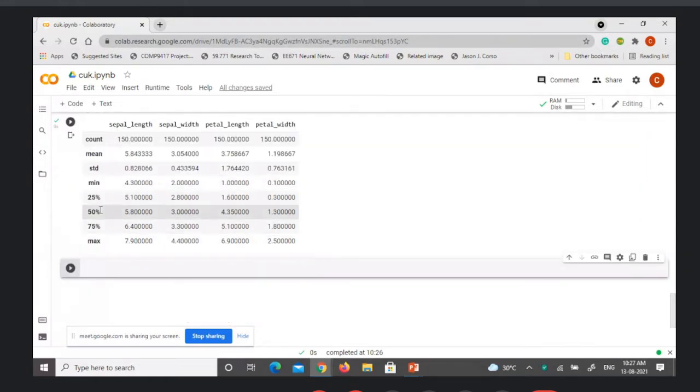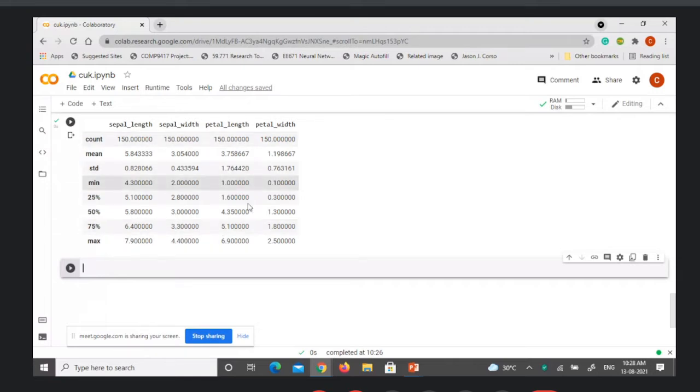Then the next 5 represent the quartile information. This is statistical information, the minimum value. Then from the minimum value to the 25%, how much data is spread, and from the 25% to the 50%, how much data is spread, and similarly from 50 to 75%, and from 75% to the maximum value, how much data is spread.